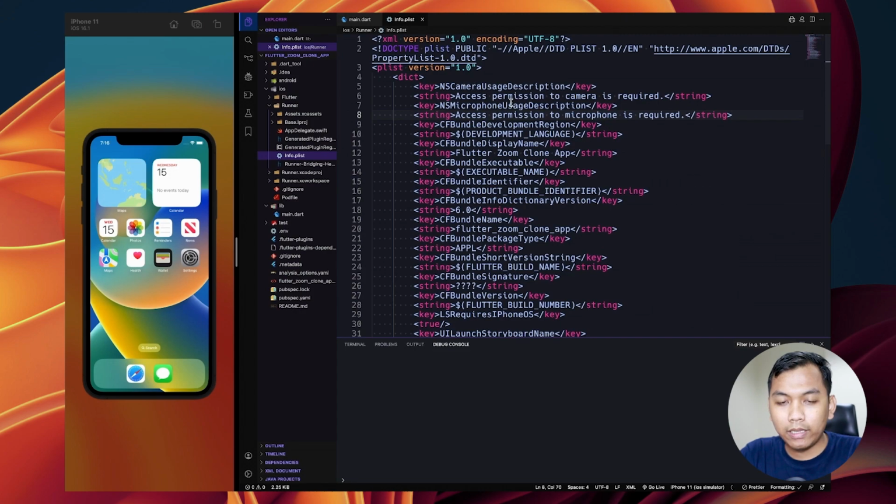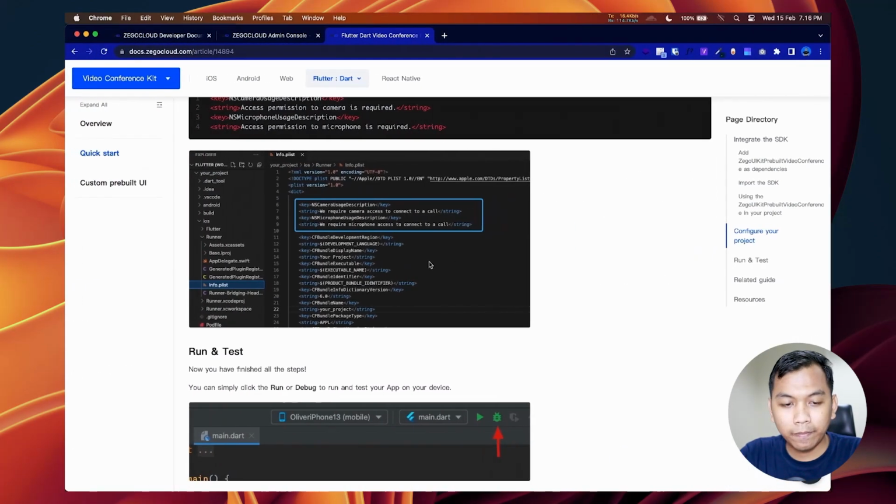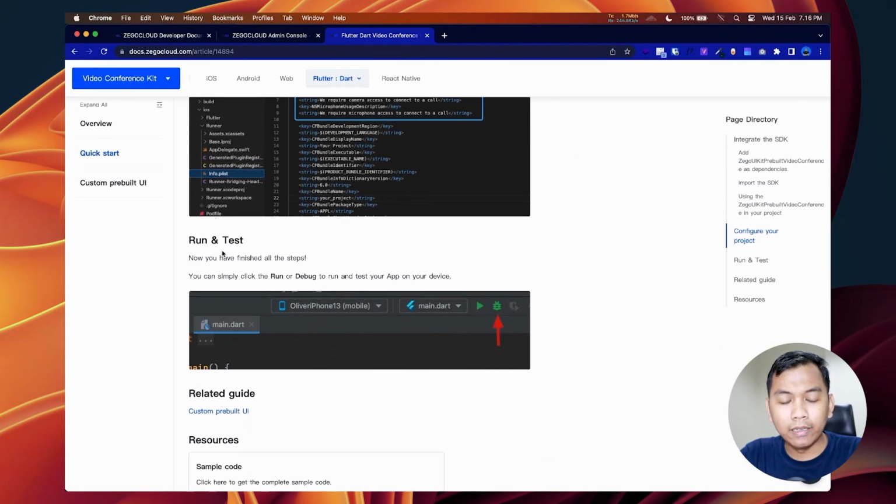So we have added camera access and then microphone access. And now time for run and test our app.